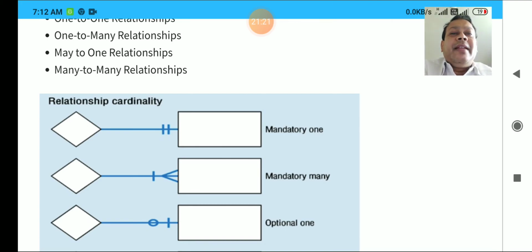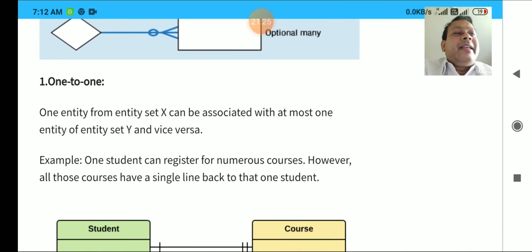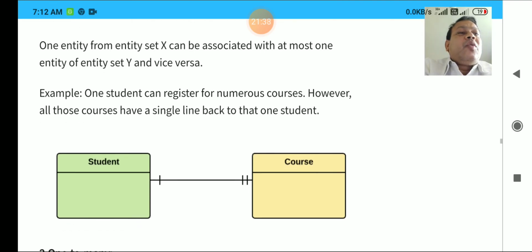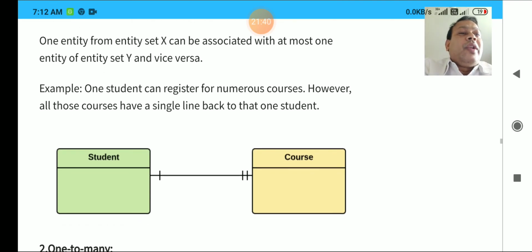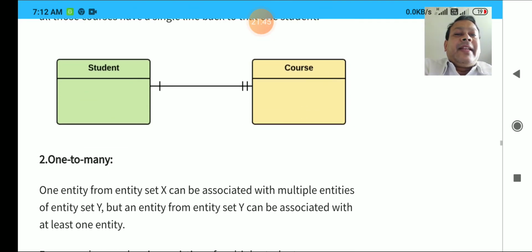So we are going to see many different cardinalities. Clear? I think it is very clear. One to one relation. Exactly, one student is going to enroll for one course like BTech, MTech, PhD. It is not that he has enrolled for MTech as well as for PhD. Clear? So one student at a time is going to enroll in one course. One to one relation. I think it is very clear.